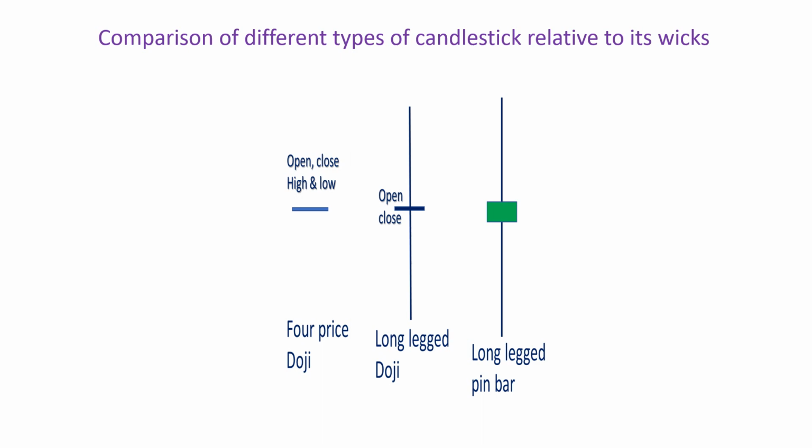When you see this candle in an uptrend, any time you see this sign in an uptrend, you can imagine that the trend is stalling and probably you are very close to reversal. This is the long-legged pin bar. You see the price,